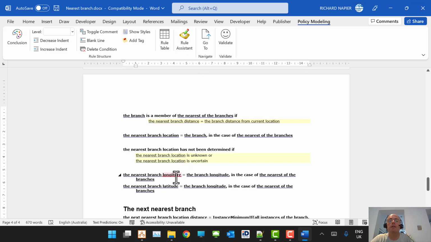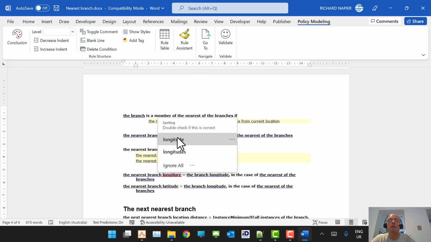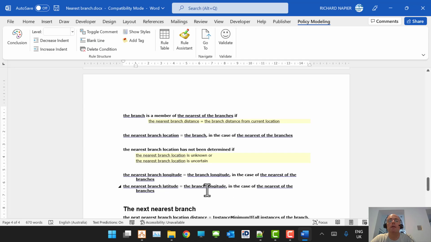Yeah, there's a spelling mistake. I was just talking about that. There we go. And once I've created those two attributes, which will pull in the latitude and longitude of the nearest branch, I'm